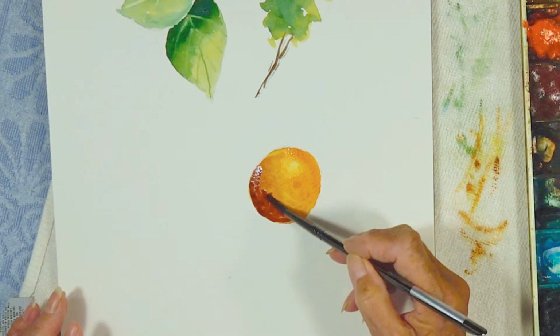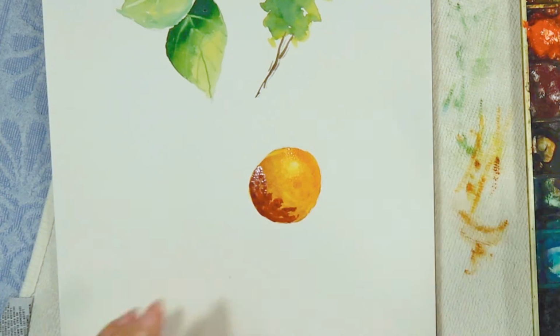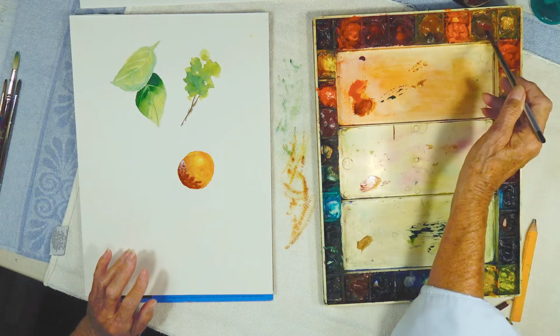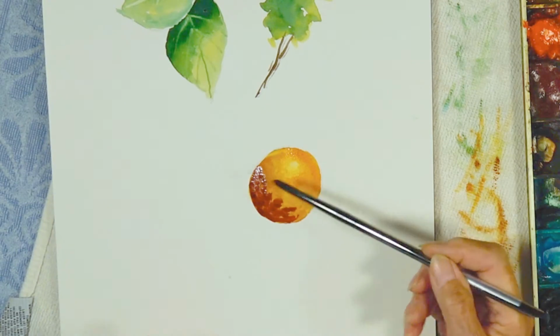I want to keep that pretty much as it is. And then I've got dark value, mid value, and then I've got this very light over here. Now I'm going to take my brush, clean it off. There we go. There's that magic step again. And I'm going to very, very carefully...